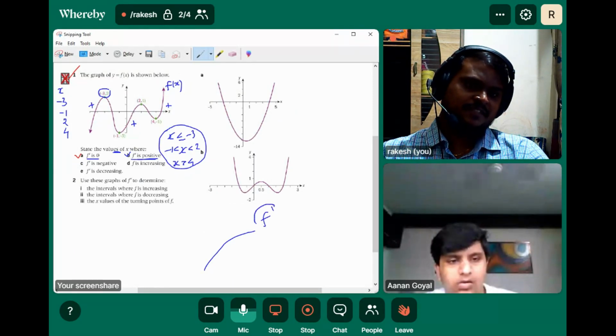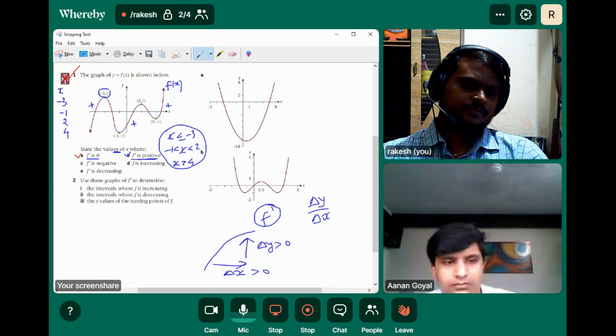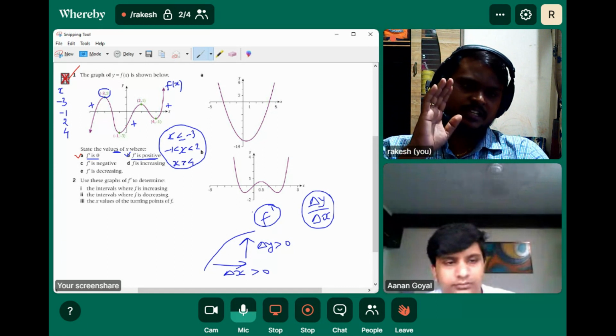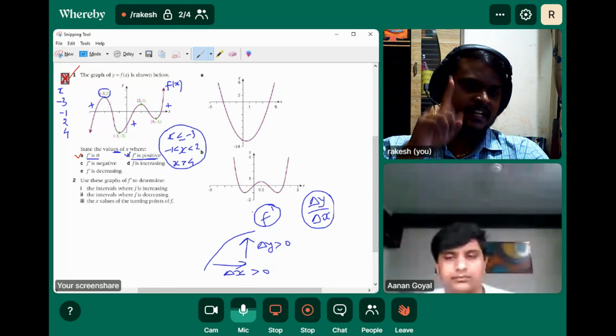Because this f dash is basically change in y value with respect to x. So x is always increasing. This delta x is always positive, right? So this change in y must be positive. Then only we can say that f dash is positive. Do you understand? So if the curve or the function is increasing, it means the gradient is positive,